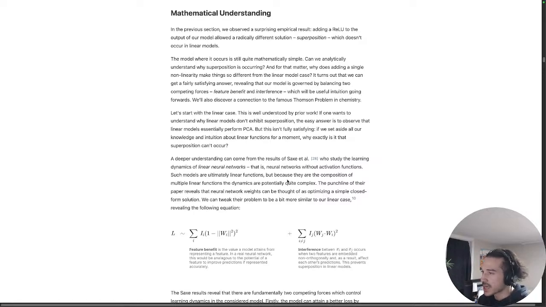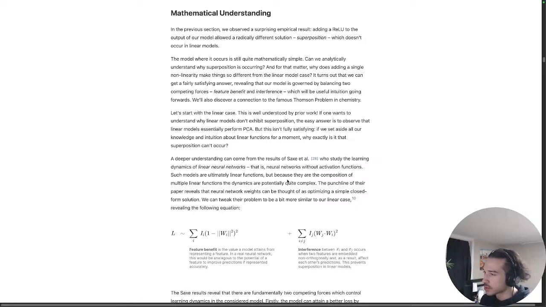Let's start with the linear case. This is well understood by prior work. If one wants to understand why linear models don't exhibit superposition, the easy answer is to observe that linear models essentially perform principal component analysis. But this isn't fully satisfying. If we set aside all our knowledge and intuition about linear functions for a moment, why exactly is it that superposition can't occur? A deeper understanding can come from the results of Saxe et al., who study the learning dynamics